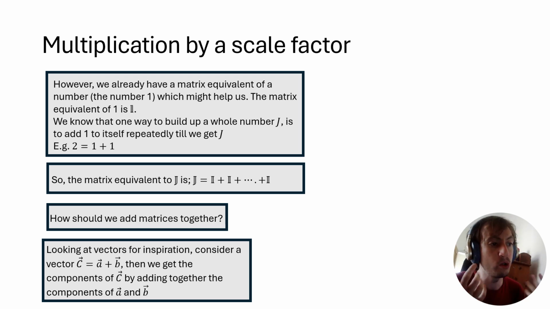So if we've got two vectors A and B and we add them together and we get a vector C, then in terms of how vectors add together, we know, and one can show relatively easily geometrically, that the components of C are just given by adding the components of A and B together. For example, let's say A and B,